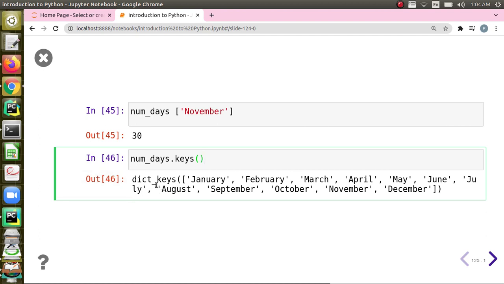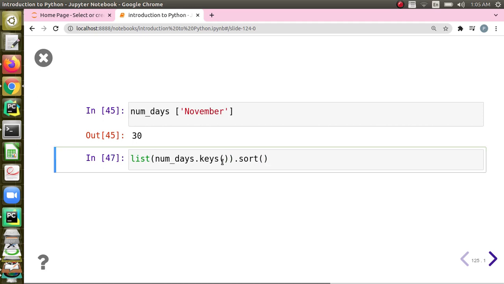If you want to do some list operations, you can simply convert it into a list. It is very simple. To convert the data type, you can write list of num_days.keys, and if I want to sort it, I can simply sort it.